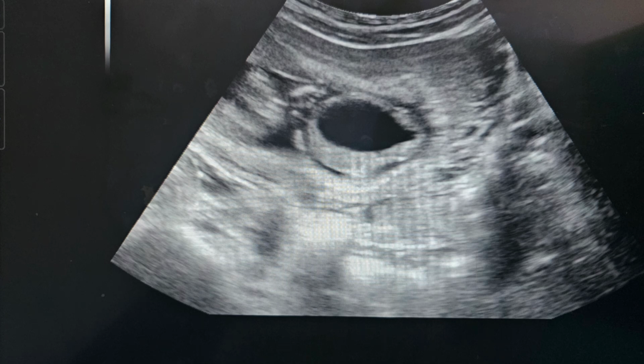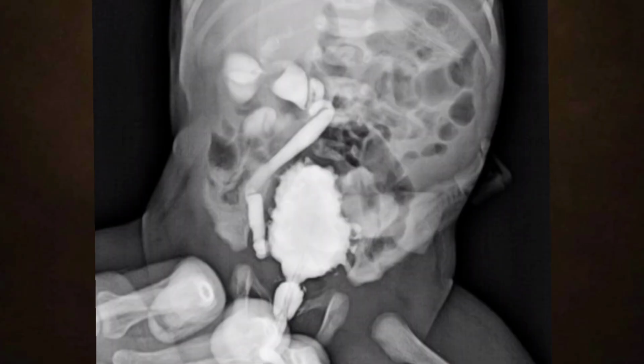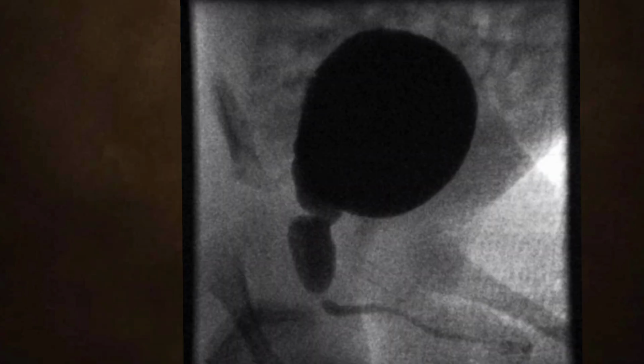In postnatal life, the diagnosis is usually made on the micturating cystourethrogram. Like in this example of micturating cystourethrogram, the urinary bladder is thick walled with trabeculations, and the keyhole sign is clearly visible. So this is another example showing the posterior urethral valve in the form of keyhole sign and distended urinary